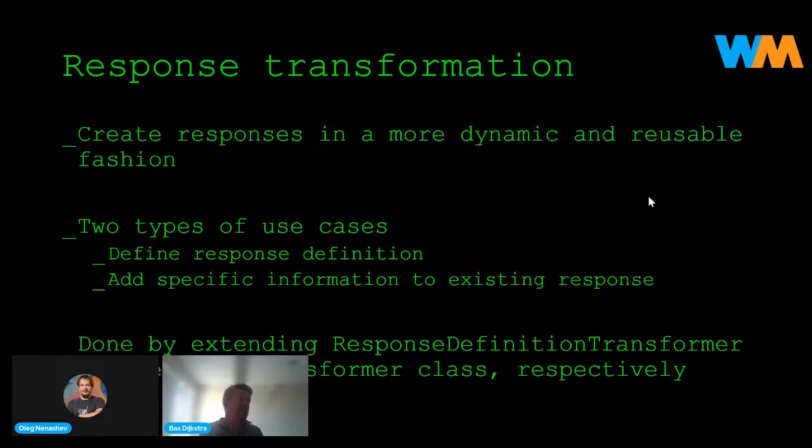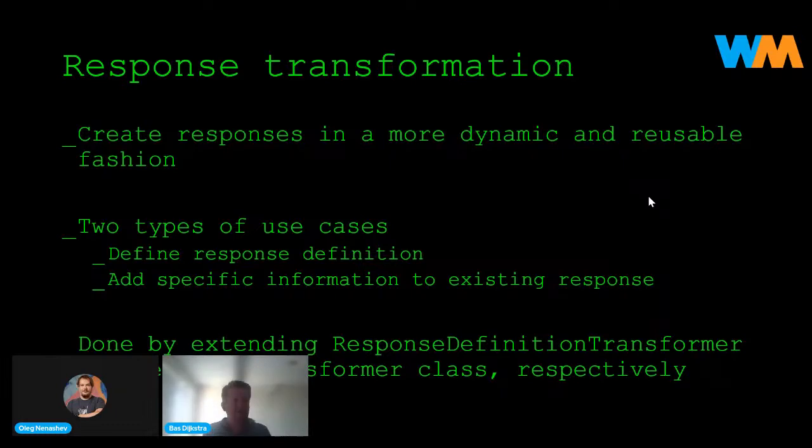want to say, well, all of the responses that are returned by WireMock whenever there's a match need to have these properties. For example, a very simple example, I want to add a specific response header to all of the responses that are successfully returned by WireMock.